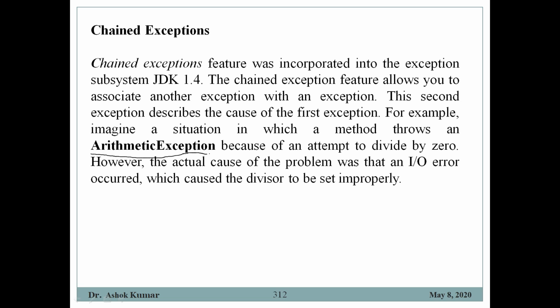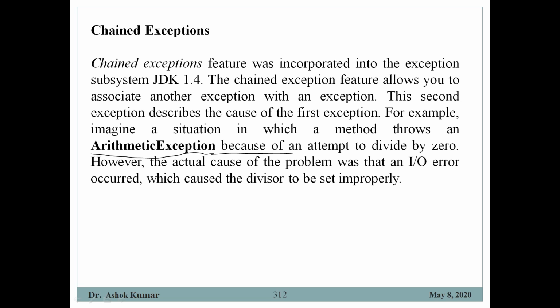So here there is a chain between the exceptions. The actual exception is arithmetic exception, but the reason behind this is that the method was unable to read the data from the input file, or there was some problem reading the input file.